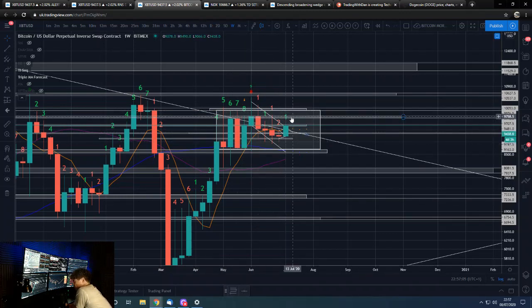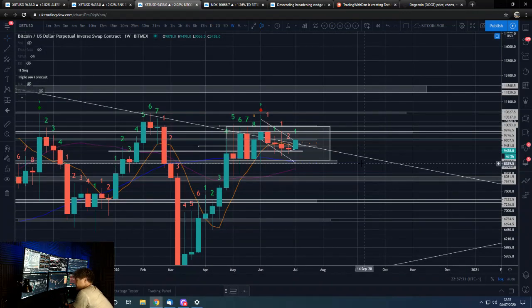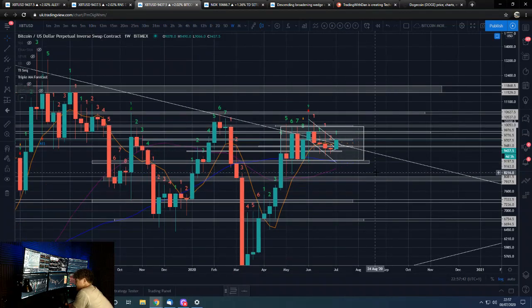Once we get through that, if we close a weekly candle anywhere above this zone, it does start to look incredibly bullish, to the point that I think in like 1 to 2 weeks we will be up here basically, playing out this zone, and everything will literally be going wild. And we already know things are going wild in the altcoin market, not just Dogecoin, which is obviously getting pumped on TikTok. A lot of altcoins are having some major moves,